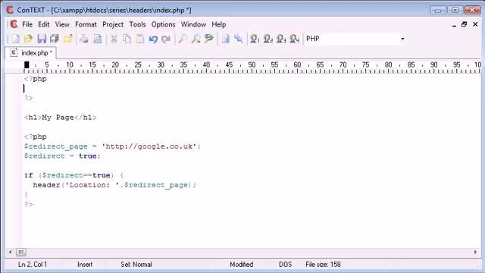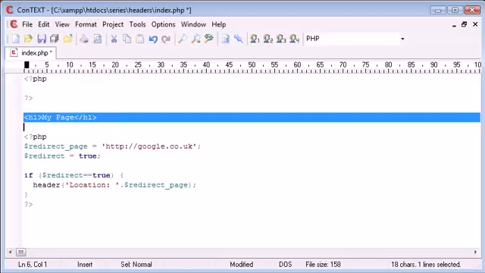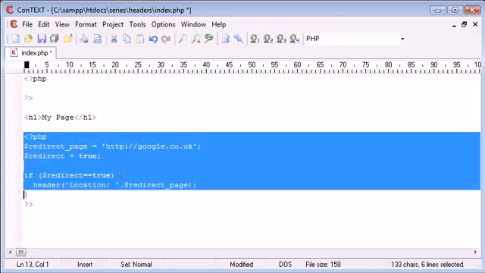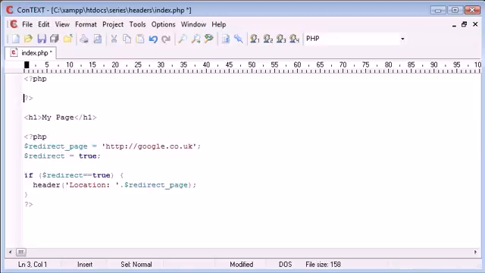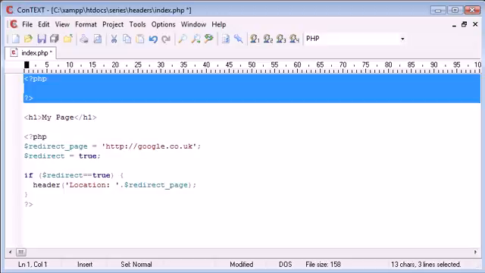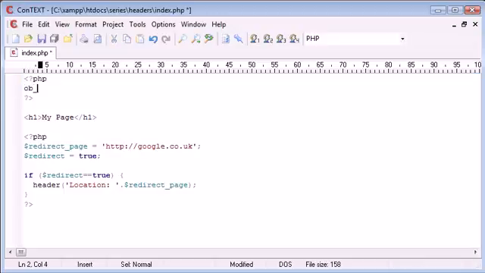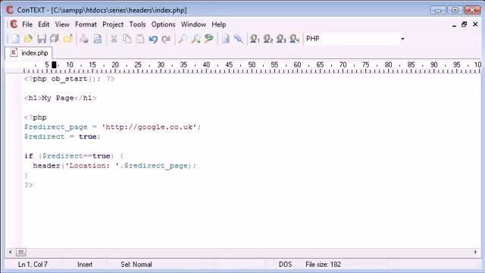So I'm going to create some PHP tags up here before my output and also before the code that uses the header. So this is going at the very top of my page before any output, and we use ob_start, just called simply on its own with no arguments supplied. You can also pull this up a bit so it looks neater, all on one line. Okay, so ob_start will not output anything on the page. Well, it will, but the page output will be stored in an internal buffer rather than